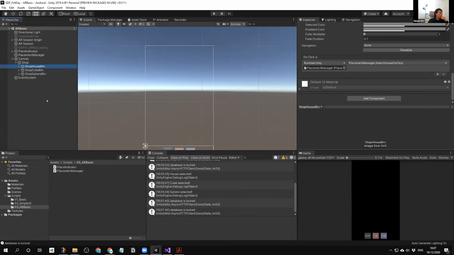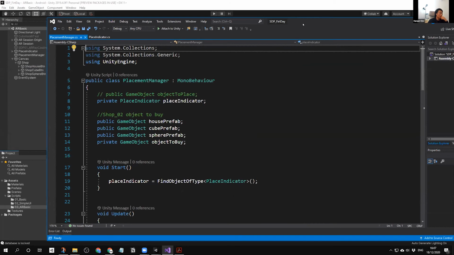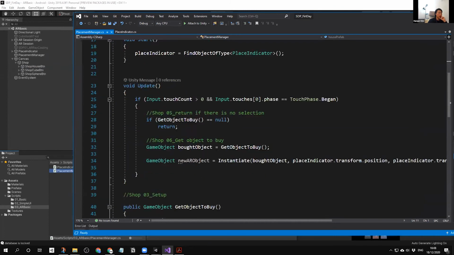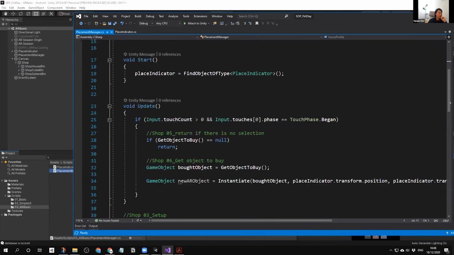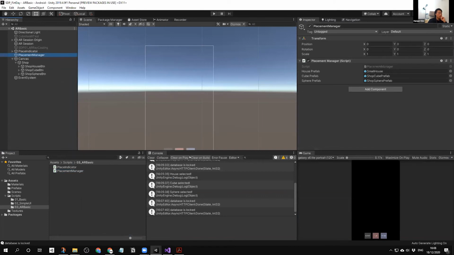It's on click, but I just added a couple of lines into the placement manager. So here I added all the game objects. Here I wrote the sequence as well, the number of the sequence. So first I set up the buttons like this, and second here I added a public object. And then I added a shop small house. I just created a shop cube prefab and a shop sphere prefab. Exactly the same as